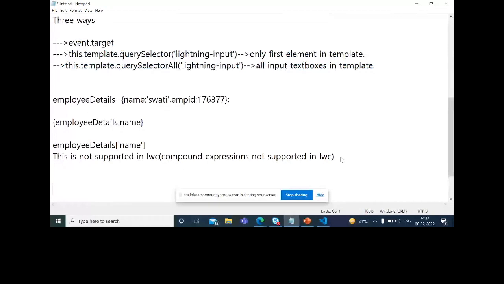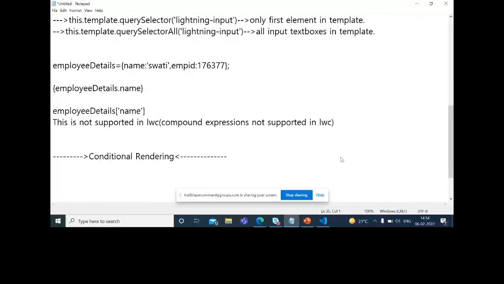The next topic for today's session is conditional rendering. You know that in programming languages we have if else. Whenever we want to perform something conditionally, we go with conditional statements: if else, switch, lots of examples you have done in your programming languages.